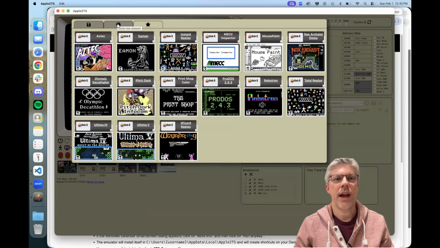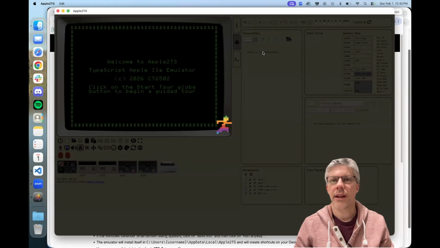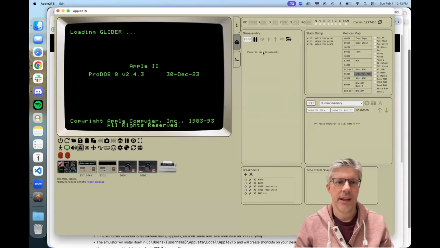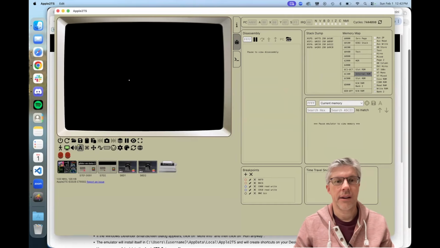We also have new releases that we don't actually have these disks stored with the emulator. These are actually going out to the internet and downloading them. So for example, if you wanted to play this new game Glider, you could click on that and it'll go out and load it up. And you can see it actually automatically changed the color to green because this works much better on a green screen